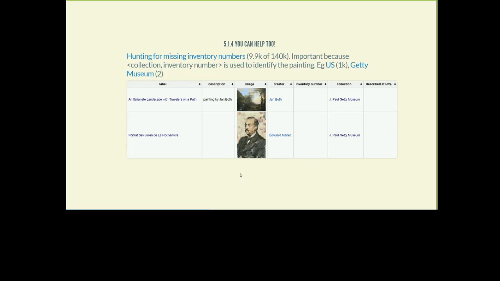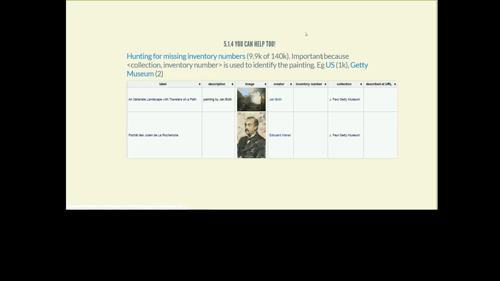Most importantly, everyone can help in the building of Wikidata. It's not hard at all. So, for example, there is a current drive by the Sum of All Paintings project to add inventory numbers to paintings. Why? Because this is used for identification of paintings. If you get a new data load from a museum, you don't just dump it onto Wikidata. First, you try to identify if there are maybe already records, and you just enrich those records.